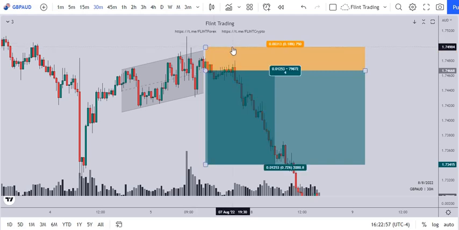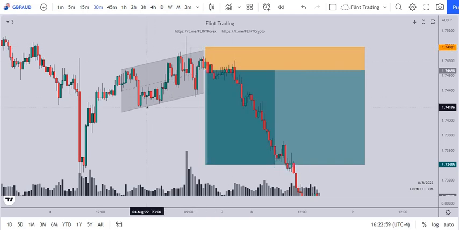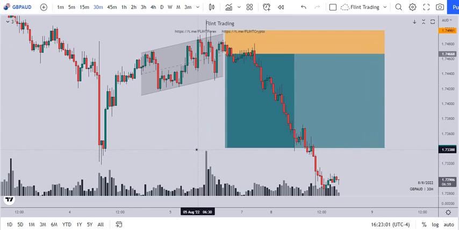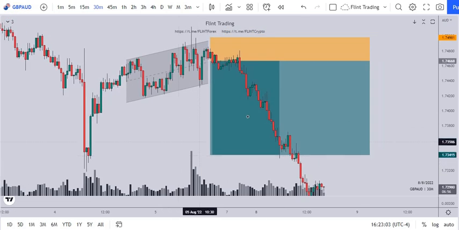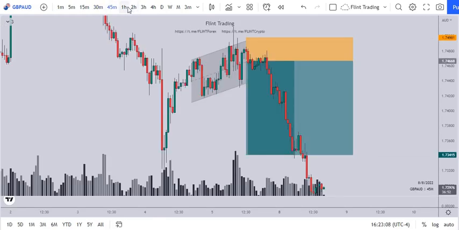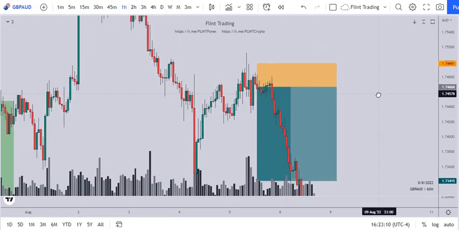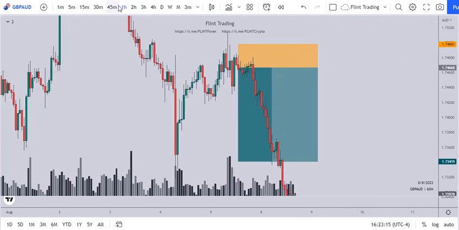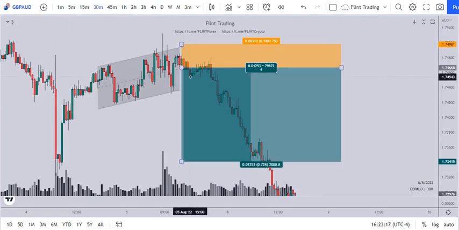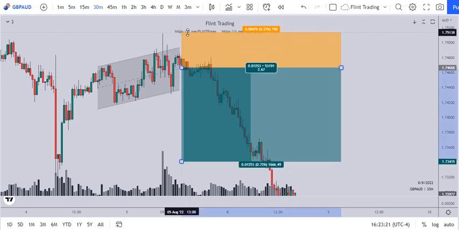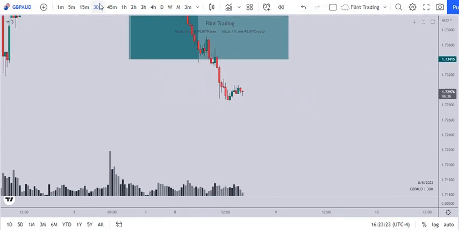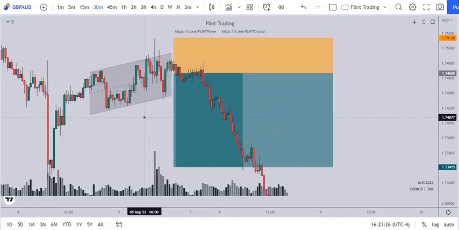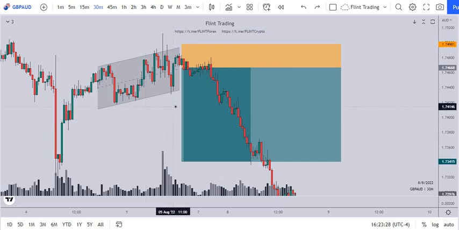Why exactly was my stop loss right there? Yeah, I guess this was based on my target. Let me just check it out. Like you would be wondering, I could have placed it right there, that was fine, and my trade would still have hit TP, but the specific reason for that was